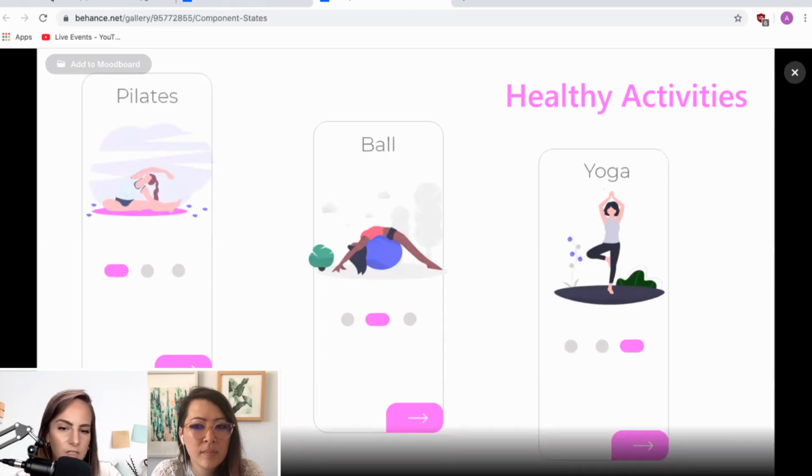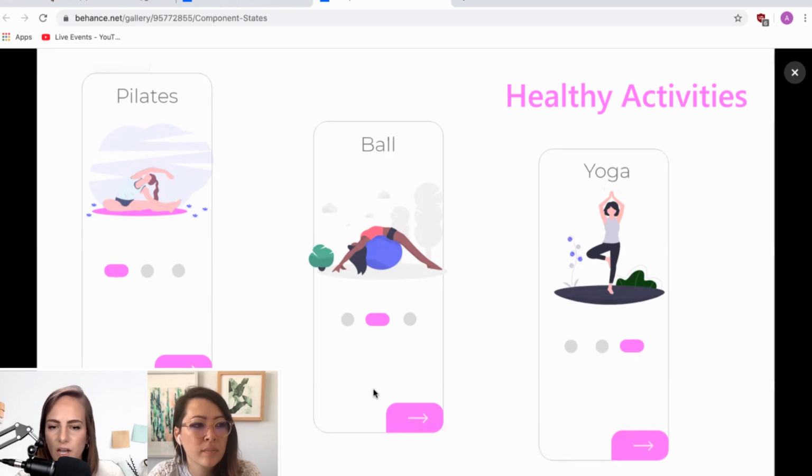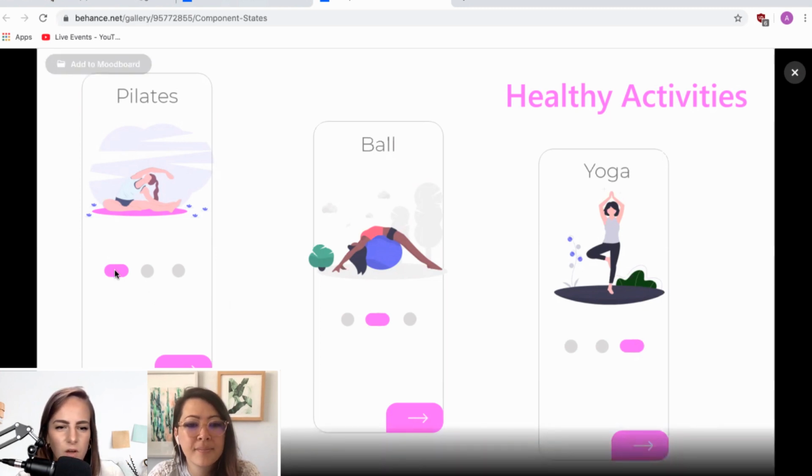So initial reactions, I would say we need some kind of context down here for what the actual app is about. I get that it's about healthy activities, but I need some more context for what I'm doing with Pilates. Maybe 2 lines of text or something. We're using a ball in this onboarding screen, but what kind of exercise am I going to get out of this? I would also make these onboarding little steps here much smaller. Maybe same with this CTA button here.